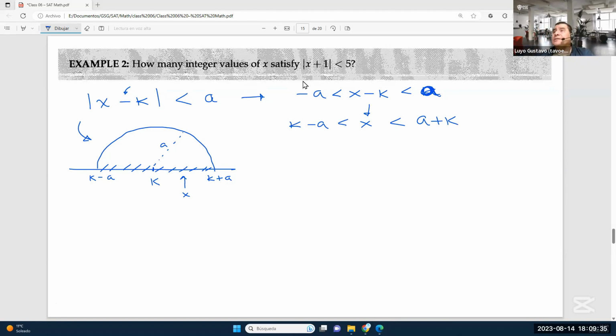Right, so first let's open this inequality the direct way. X plus 1 must be between negative 5 and positive 5. In this double inequality, I may subtract 1 on each of the three parts. So, like this. And I get